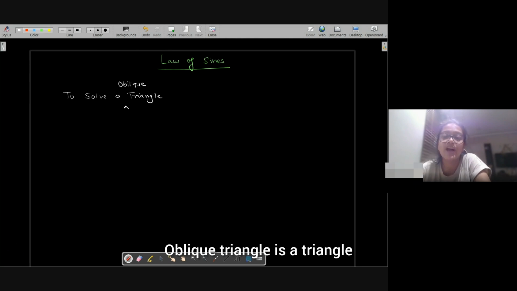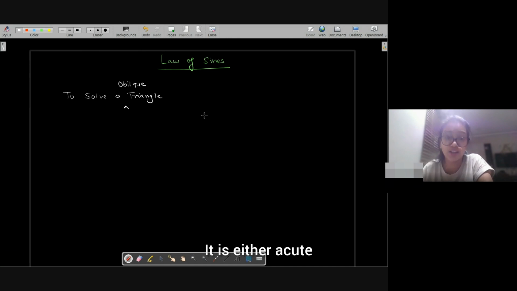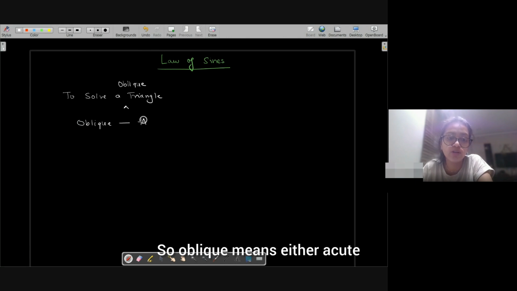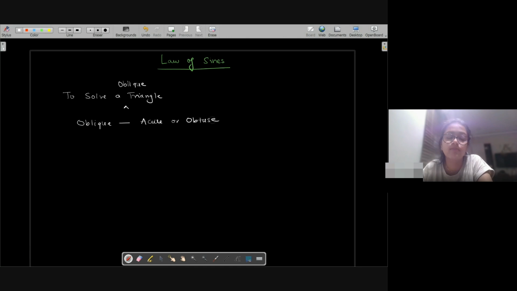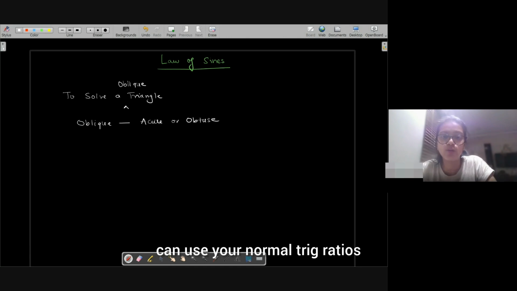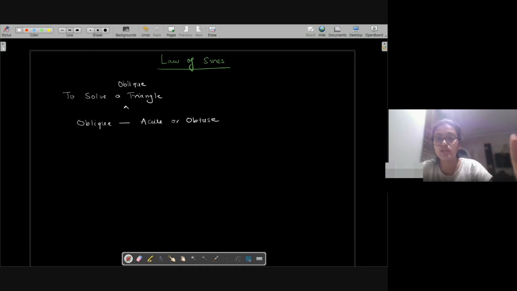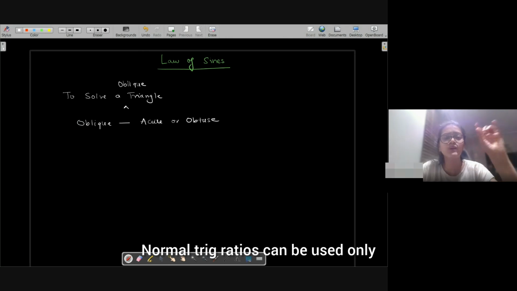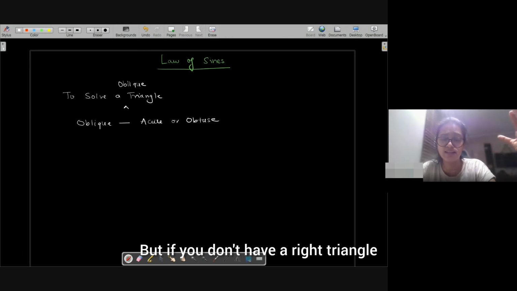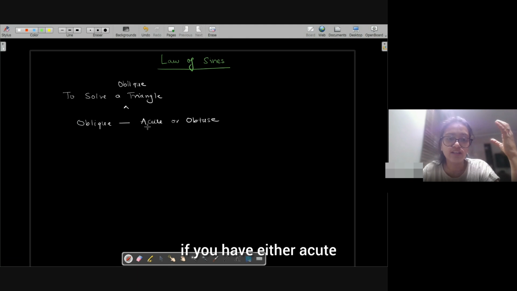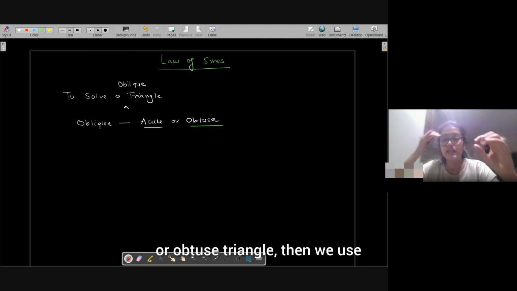Oblique triangle is a triangle which is not a right triangle. It is either acute or obtuse. So oblique means either acute or obtuse. Because if you have a right triangle, you can use your normal trig ratios. Normal trig ratios can be used only when you have a right triangle. But if you don't have a right triangle, if you have either an acute or obtuse triangle, then we use